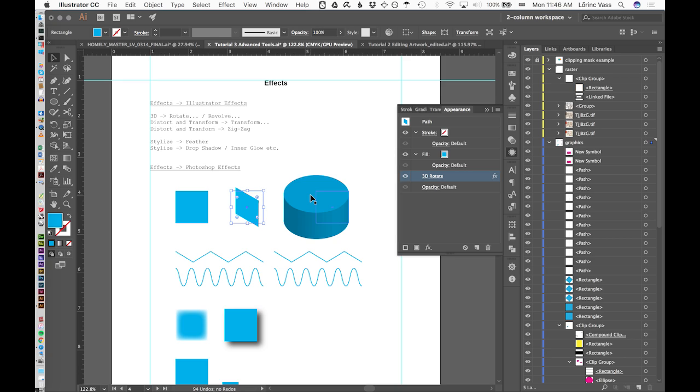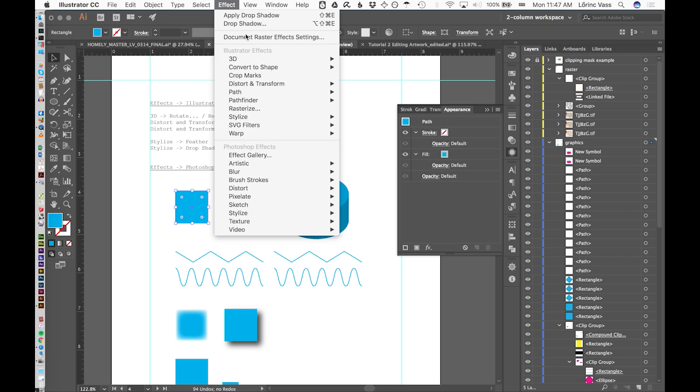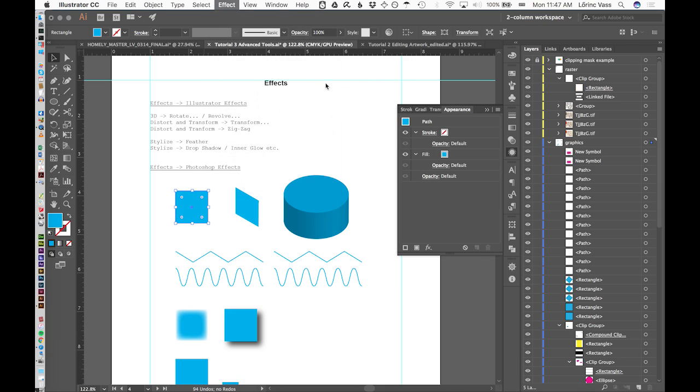This is a really nice feature that Illustrator and Photoshop are able to handle three-dimensional shapes. I should dig this up and put it in Dropbox, but I have this 3D vector globe that can be rotated at will to look at whatever continent you want, and it's an actual three-dimensional object. It's not flat line work. That's an Illustrator file, and in this case, I'll just do it with this square, went into 3D rotate and chose